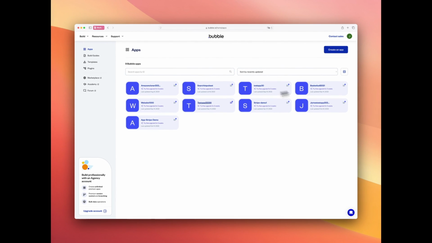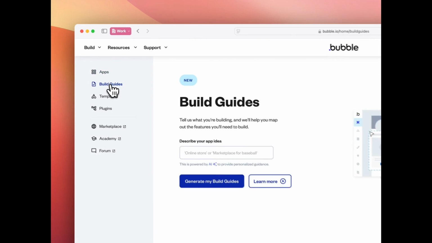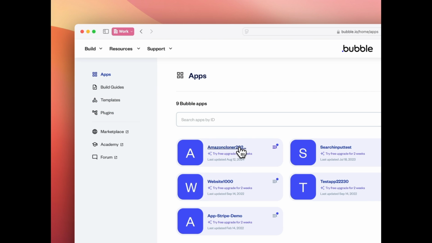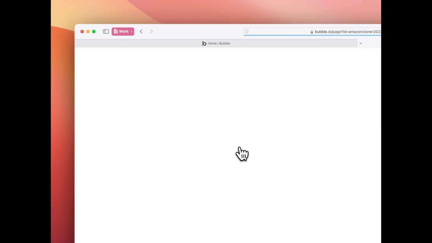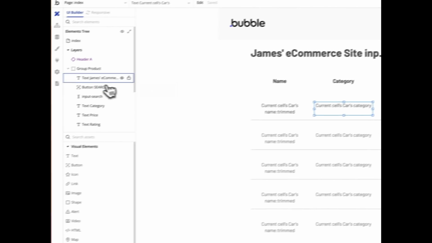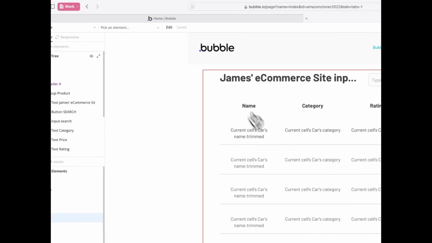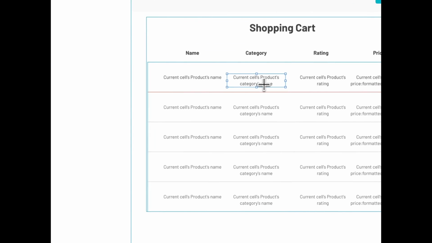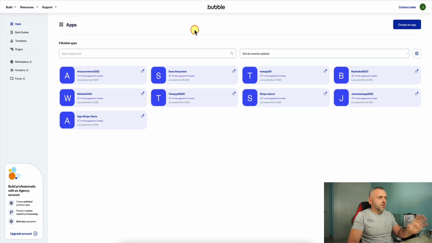Today I'm revisiting Bubble to give it another try, curious to see how it has grown and whether it now offers features or capabilities that might make me consider switching back. It's an opportunity to reassess and explore whether Bubble can once again become a key player in my app building toolkit. All right, and here I am logged into Bubble, and the first thing I notice is that there's this